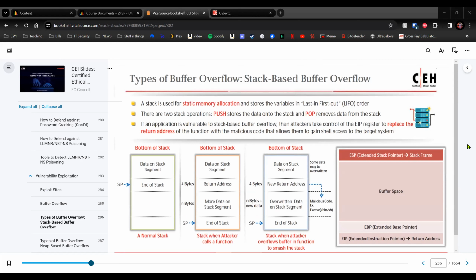A stack is used for static memory allocation and stores the variables in last in, first out order. There are two stack operations. Push stores the data into the stack, and pop removes the data from the stack. If an application is vulnerable to stack-based buffer overflow, attackers then take control of the EIP register to replace the return address of the function with the malicious code that allows them to gain shell access